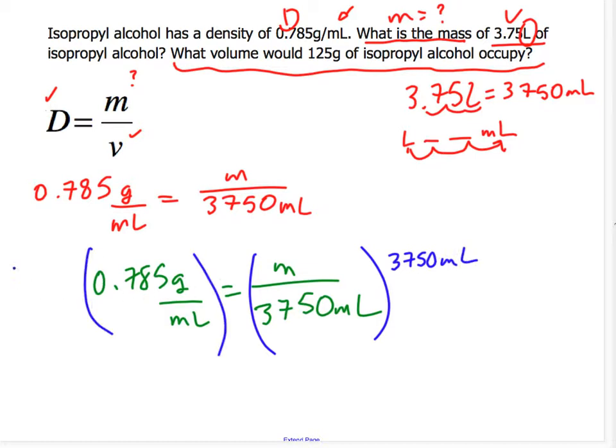by 3750 milliliters. On the right side, this and this cancel, leaving me with only mass. That's what I want. And on the left side, I'll need to multiply those. Notice the milliliters cancel, leaving me with grams, which is the unit that I want for mass. Now I just have to multiply 3750 by 0.785. You see what you come up with for that. So it comes out to